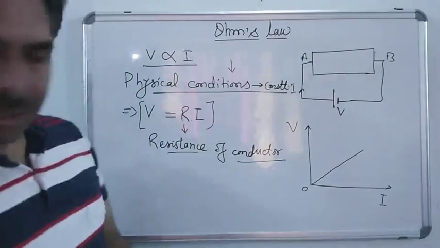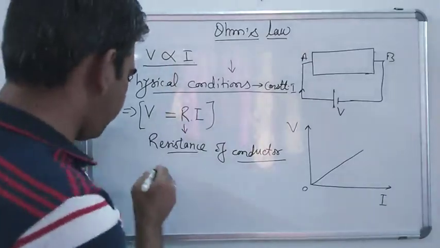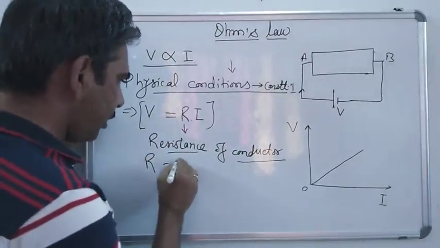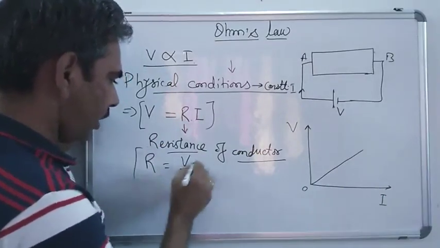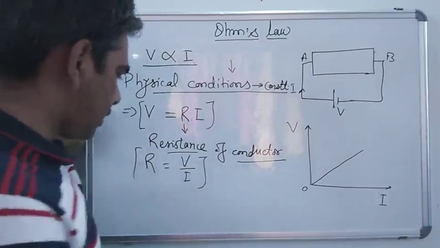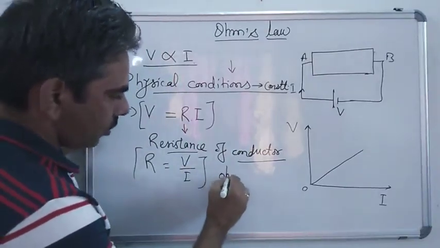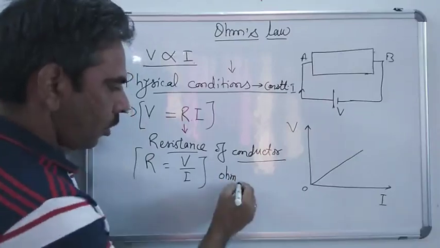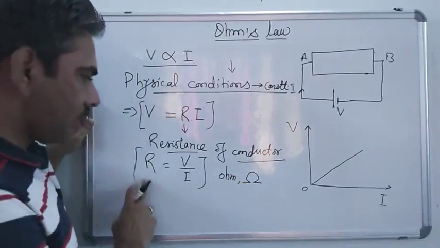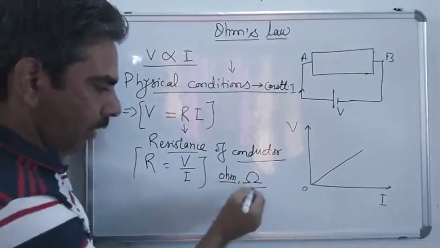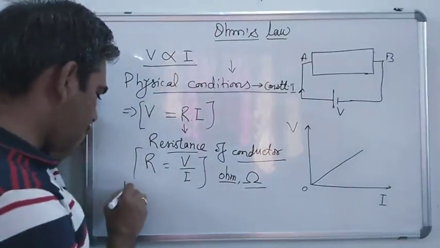Let us talk about this quantity R. From here, I goes to the other side, so R becomes V upon I. From here we can define the resistance. The unit for measuring resistance is the ohm, or we can also indicate it with the symbol of ohm. So resistance is mentioned either in ohm or in this symbol, right? From here we can define the resistance of 1 ohm.